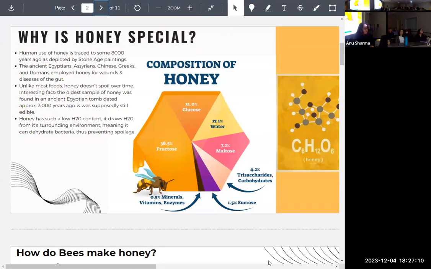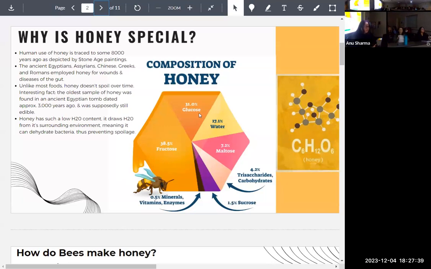Unlike most foods, honey doesn't spoil over time. An interesting fact is that the oldest sample of honey was found in an ancient Egyptian tomb, dated approximately 3,000 years ago, and was supposedly still edible. Honey has such a low H2O content, it draws H2O from its surrounding environment, meaning it can dehydrate bacteria, thus preventing spoilage. So the composition of honey is mainly sugar, as we see,